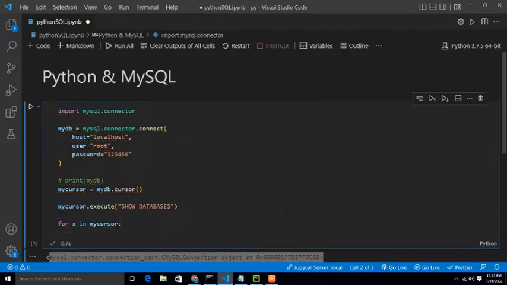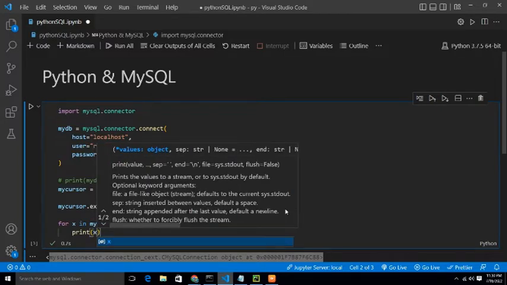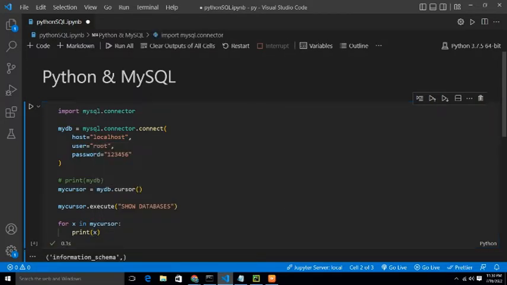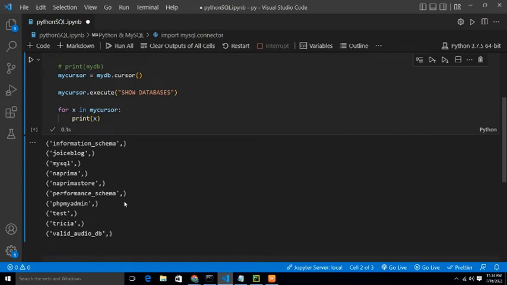Alright. So for s in MyQSO, just print s. So you can do that. Wow, and you see all our databases are being fetched. We have the information schema, the Joyce blog, MySQL, Naprima store, performance schema, and so on till the valid audio